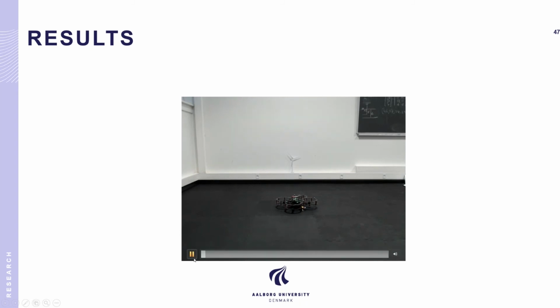The way this system works is that the drone takes off by the operator, and after that, the drone does everything on its own. What it's doing here is searching for the wind turbine. As soon as one of the segments sees the wind turbine, the drone stops.